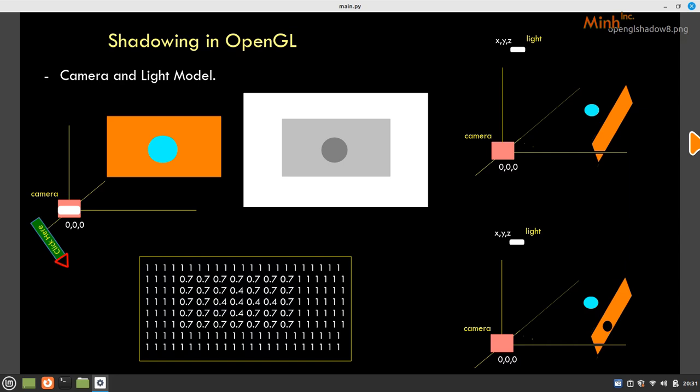So from the light source that is placed at the origin, looking in the minus z direction, everything that comes into view, that is white, means that is 1. And then wherever the model is placed, that value will be placed with respect to the 1. So if I say that